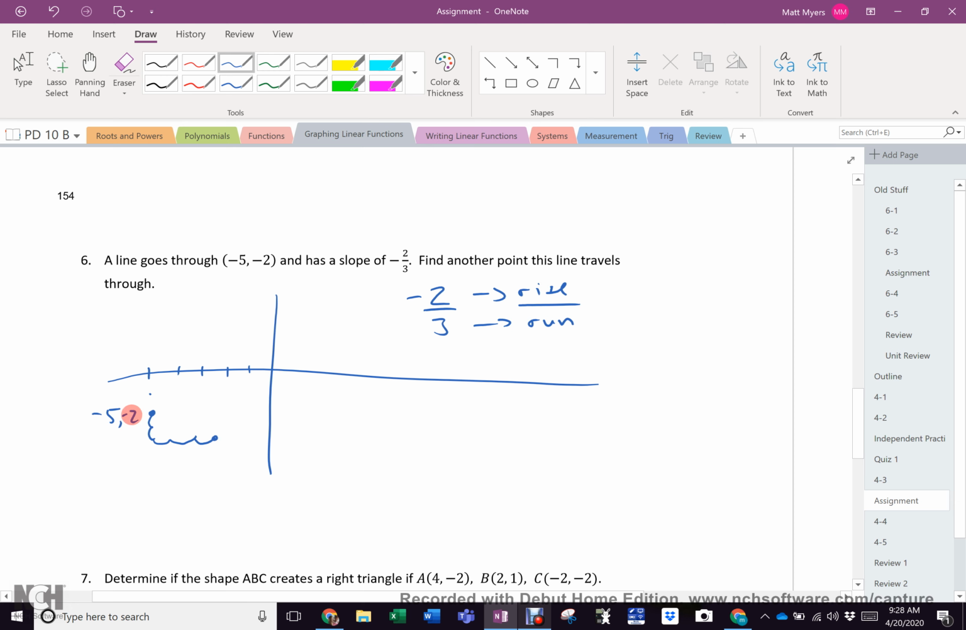So 2 down from negative 2 is negative 4. 3 to the right of negative 5 is negative 2. Or I could have gone up 2 to 0 on the y, and then 1, 2, 3 to negative 8,